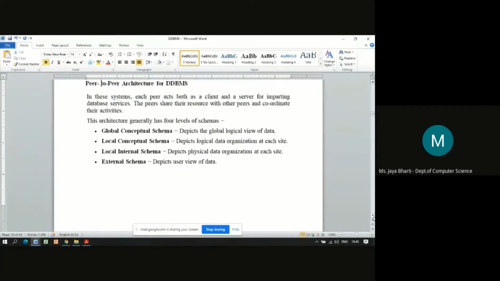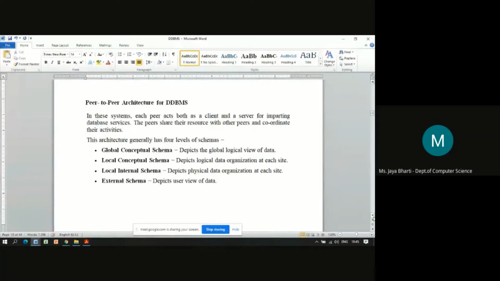Now, in this distributed database management system, whenever we are referring to the global concept, as we know, the databases are situated at different levels. There are two basic levels, you can say, global and local. Globally means the global database which contains the details of all the local databases.